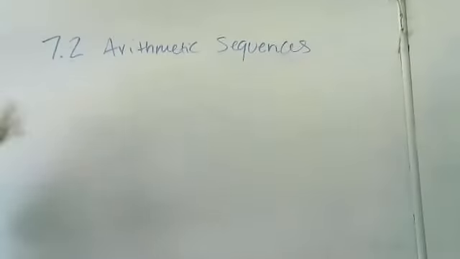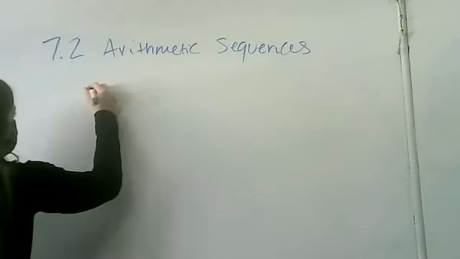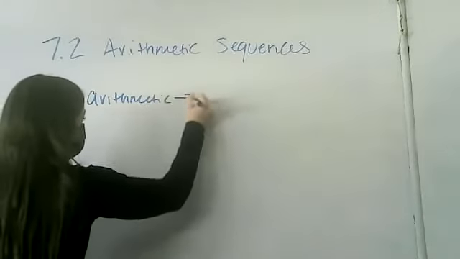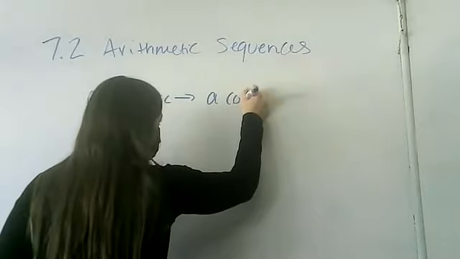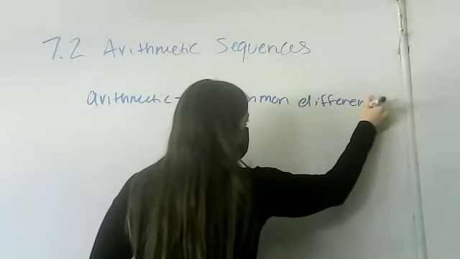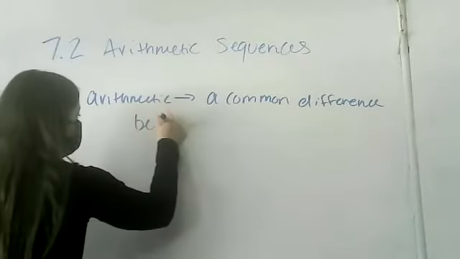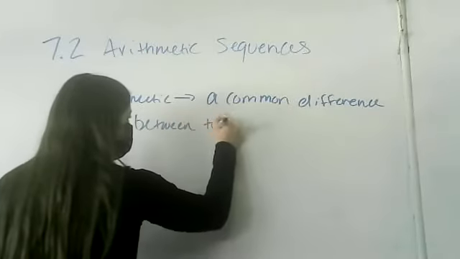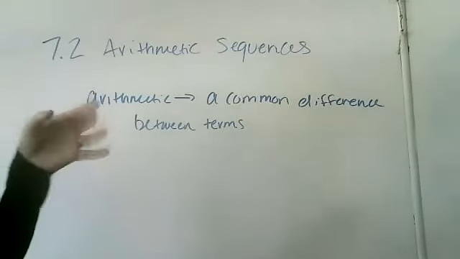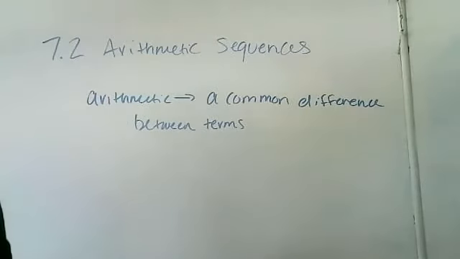Okay, so 7.2 is arithmetic sequences. This is a totally different kind of sequence than we've dealt with the last 5 days in 7.1. It's a very specific kind, and arithmetic in particular says that it has a common difference between terms. A common difference is basically saying you're going up by the same amount every single time, or you're